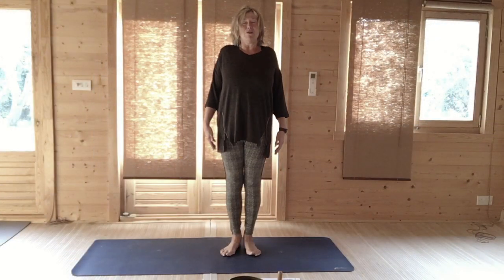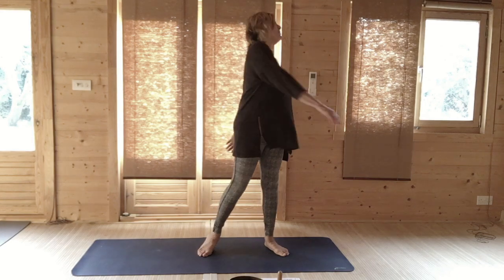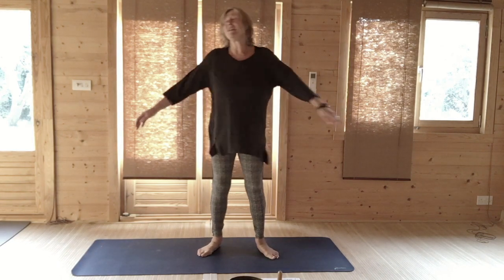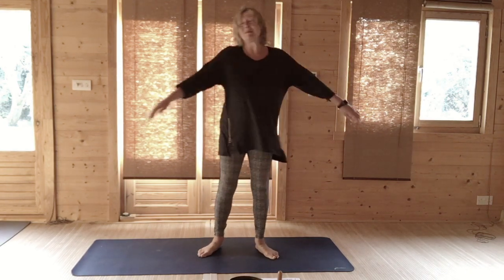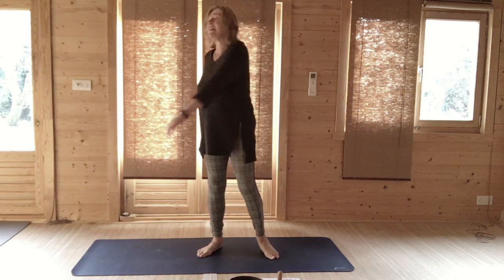Just lift and roll your shoulders and drop them down. Step with your feet a little bit apart and just go from side to side. So this very, very universally Eastern, Far Eastern practice we've done so many times before, but it moves your energies,